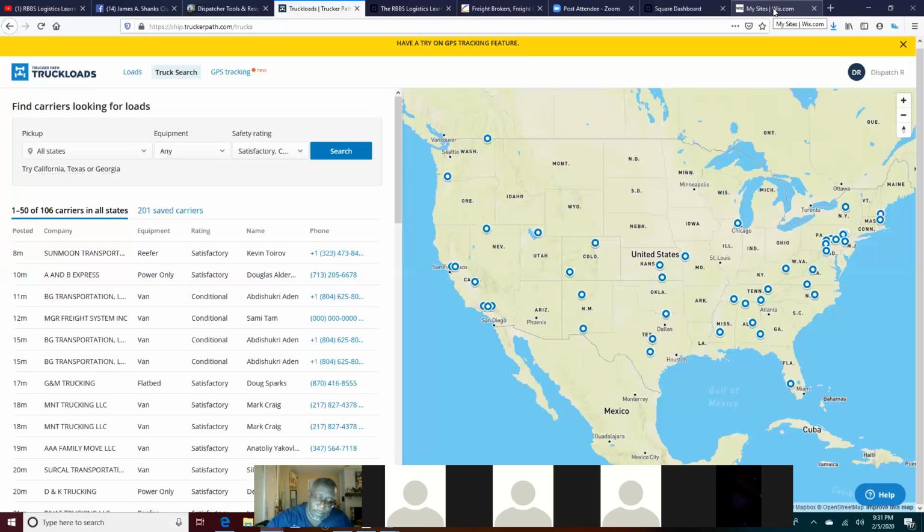Yeah. Now there's another thing too that I'm running across out here. You know, there's a law that you can't broker another broker's loads. Yeah, it's called double brokering. So now I ran across a thing called Transportation Intermediaries Association, where it will allow you to work with another broker.